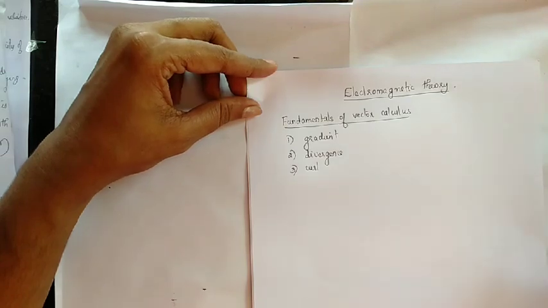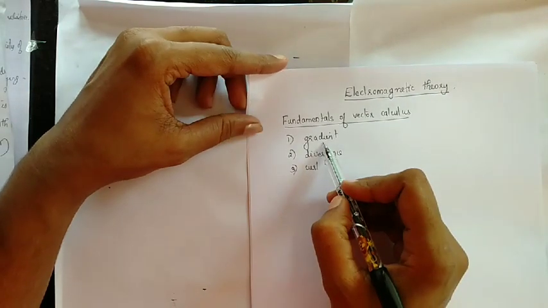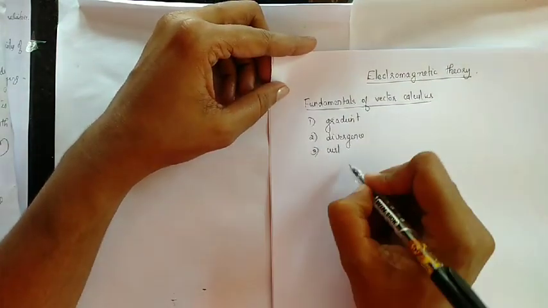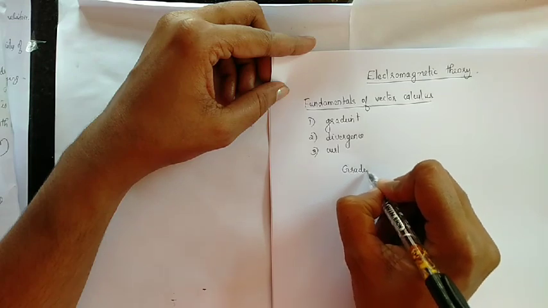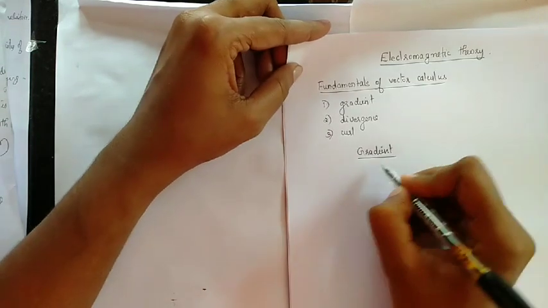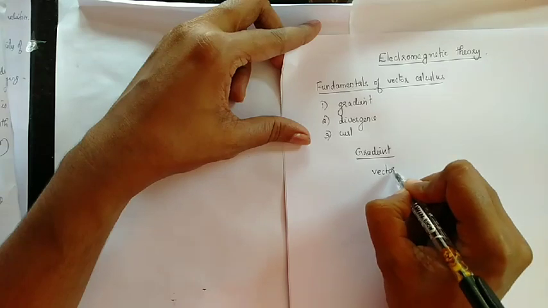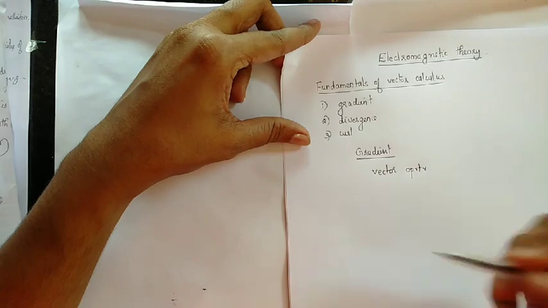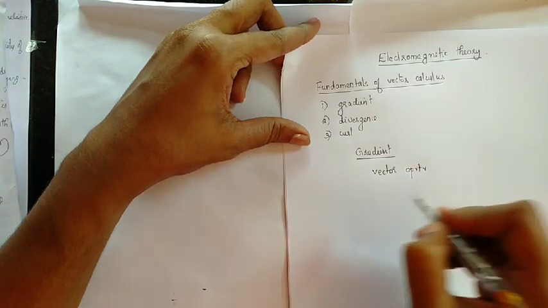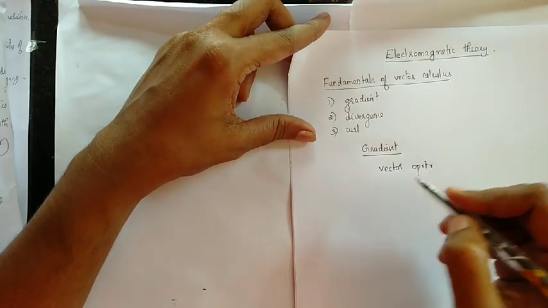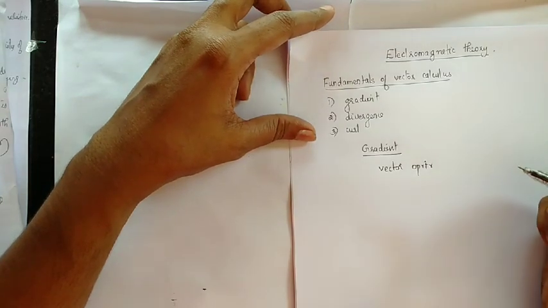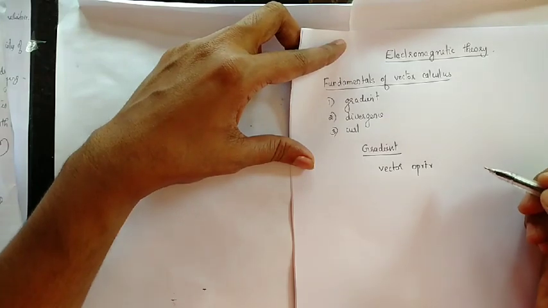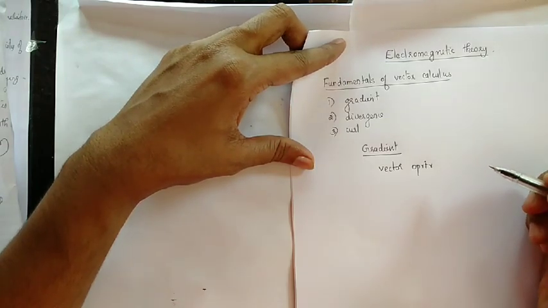I hope that you all have already studied these topics, but now we will discuss their physical significance in detail. What is meant by the gradient of a scalar function? Gradient is a vector operator. That is the first point. It operates on a scalar function to produce a vector quantity whose magnitude gives the maximum rate of change of that function at that point, and whose direction indicates the direction of maximum change of that quantity.